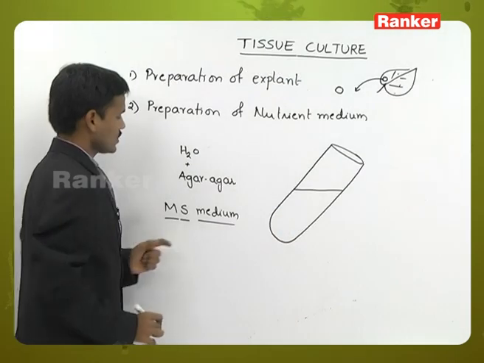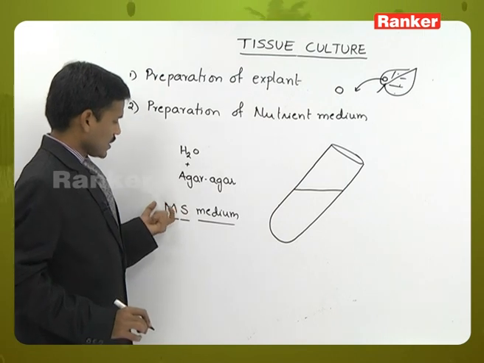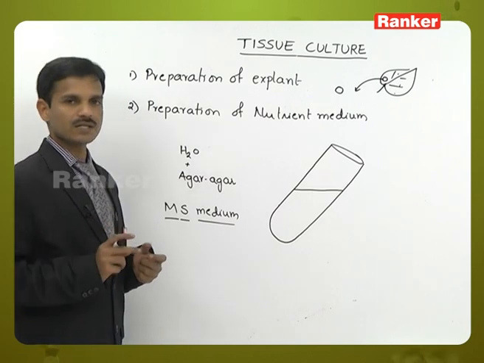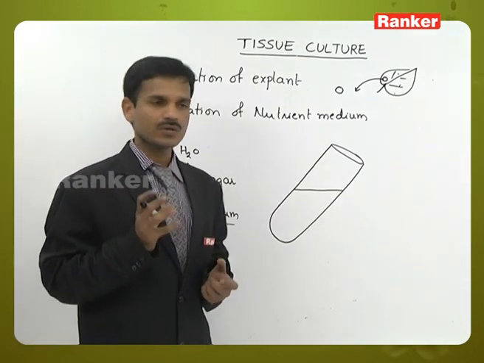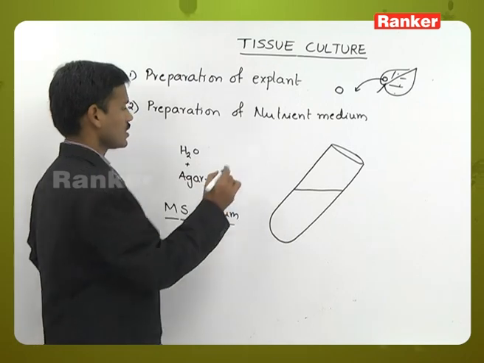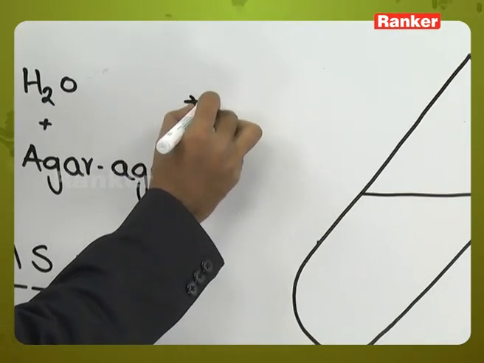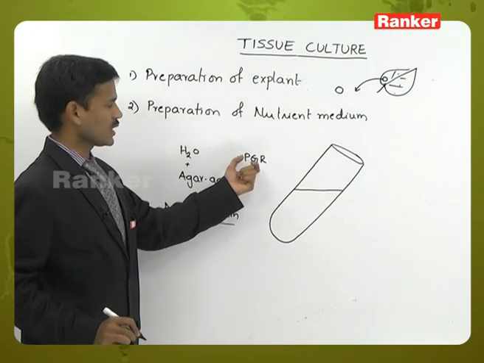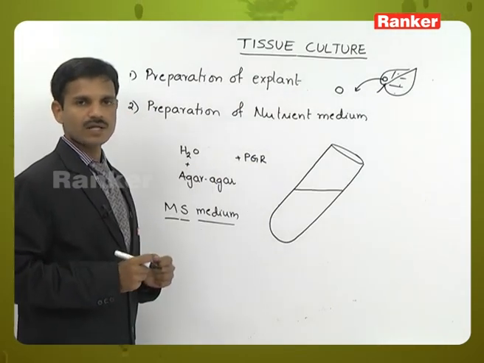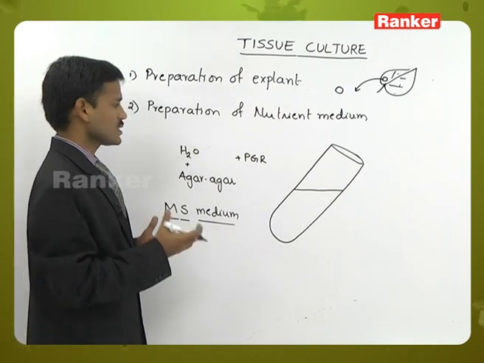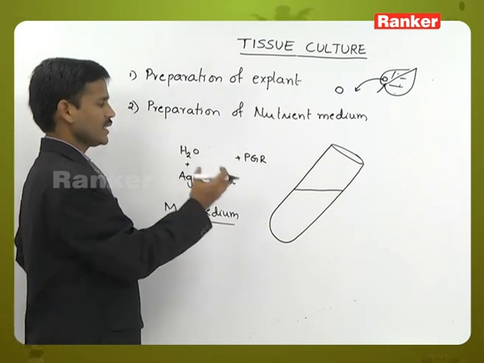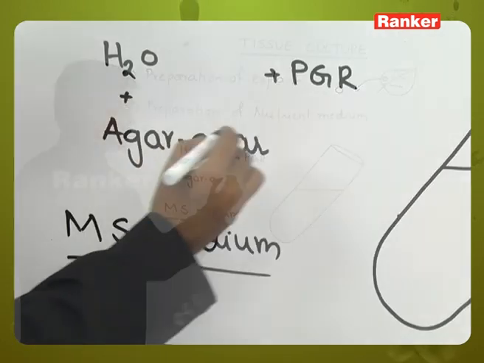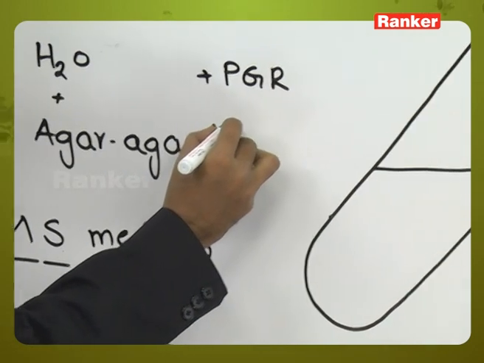MS medium. The M means Murashige and Skoog, the two scientists who developed this medium. This medium contains water, agar, and hormones, plant growth regulators like auxins, cytokinins and gibberellins. All these are plant growth regulators. Mainly auxins and cytokinins are used, and some nutrients, hormones and enzymes